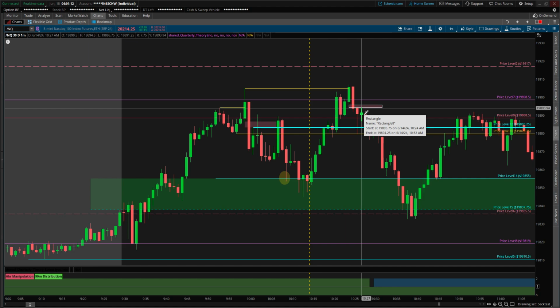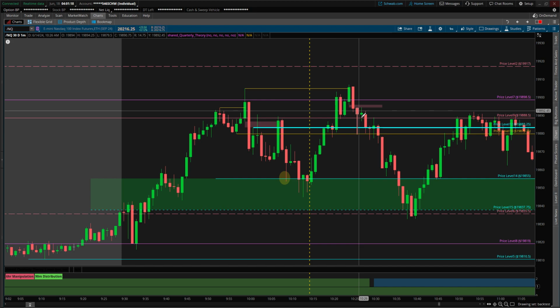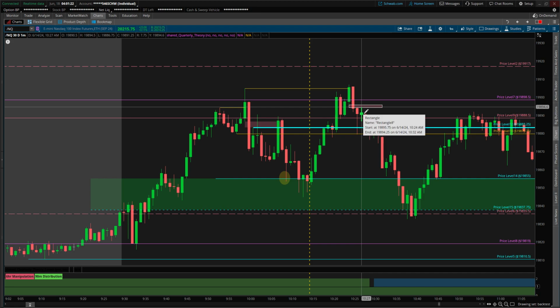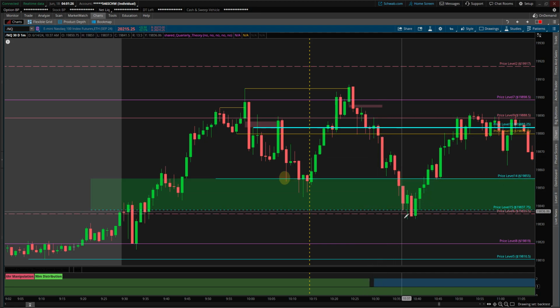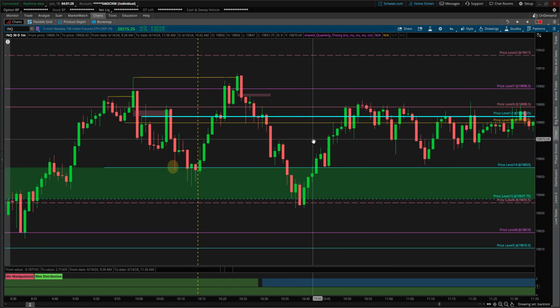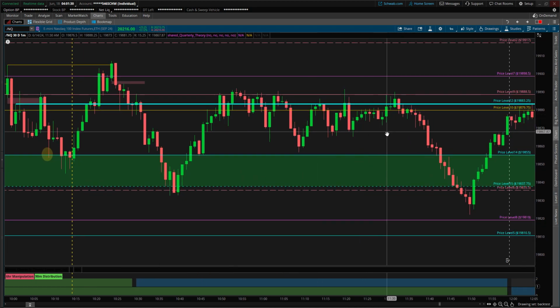It would have filled you right at this candle right here. As you see, the high of this candle was 19894.5. The FVG was at 19894.25, so we just entered it by a tick. From there, we hit first target again, hit second target, and then from there we kind of just chopped for a little bit,